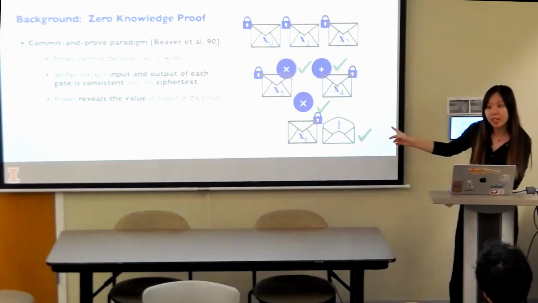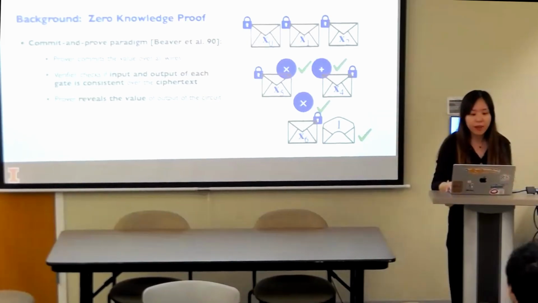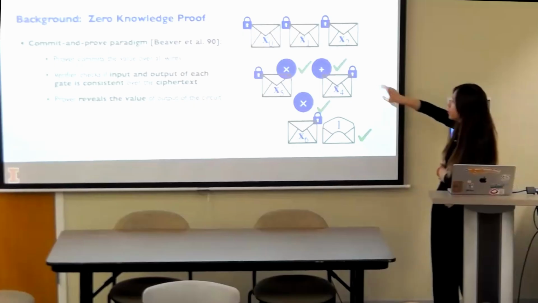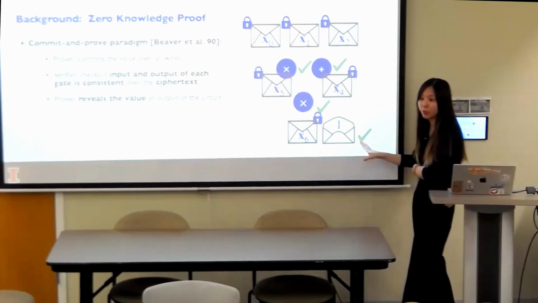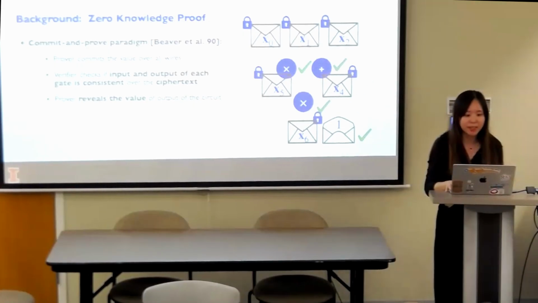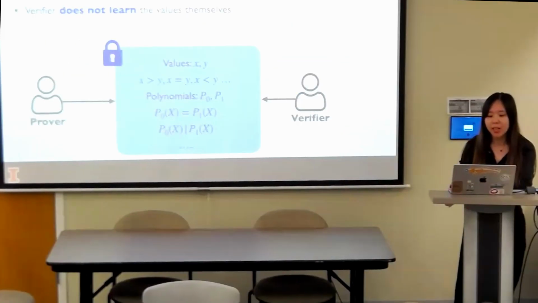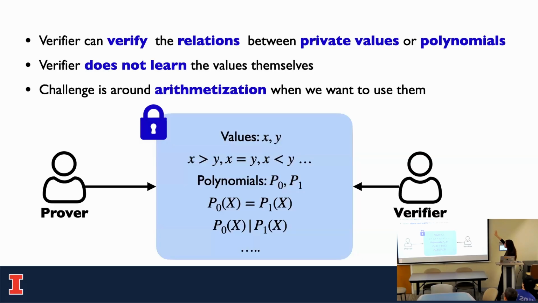If the output is reading the commitment of 1, then the verifier should be confident that the prover really knows the input that makes the circuit output 1. Okay, that's a commit and prove paradigm. So the takeaway of the analogy proof part is that by using commit and prove, the verifier should